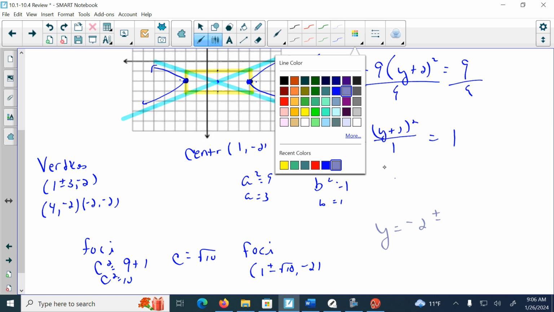So looking at this, my rise was 1, my run was 3. I don't know why that won't go away. So this will be 1/3, and then x minus my h. So that is the equation